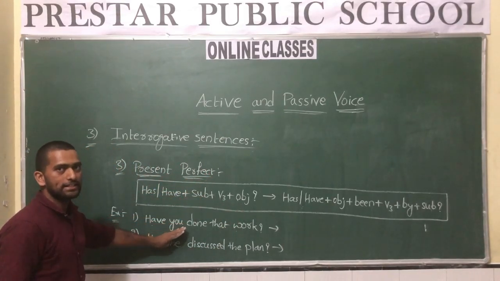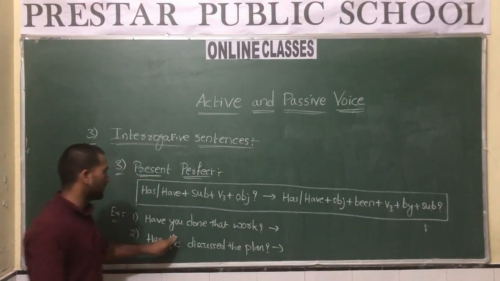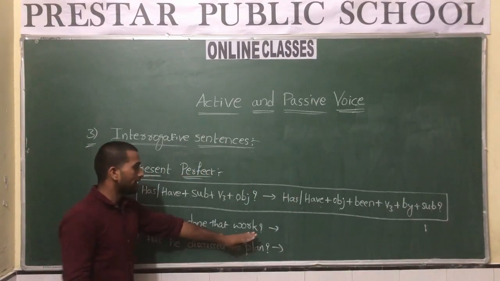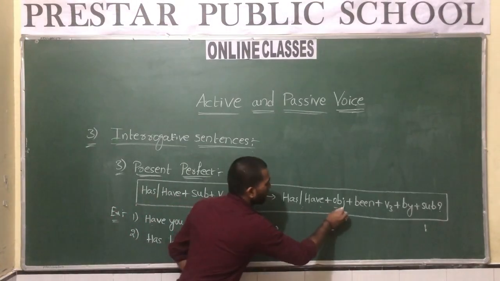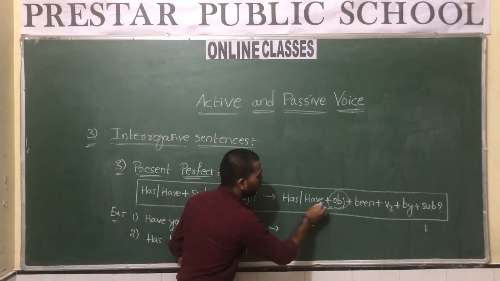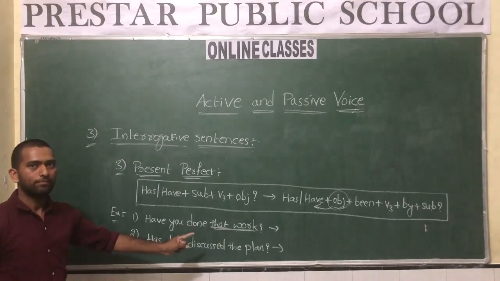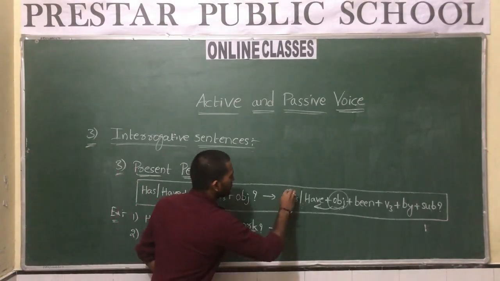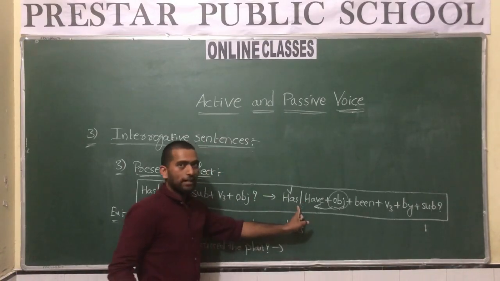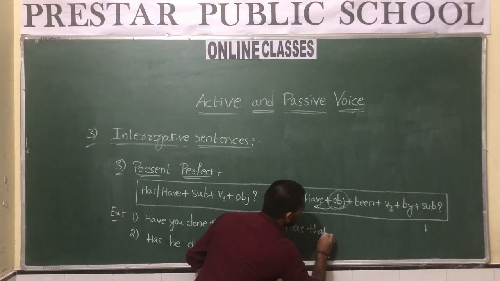How to convert the given sentence into passive voice? By following the given pattern, convert the active voice into passive voice. What do we have to use here? Has or have according to the object, because while converting into passive voice these helping verbs relate to the object. What is the object in the given sentence? That work. That work is singular, so we use the helping verb has. So has, and after the helping verb, the object. What is the object here? That work. Has that work,